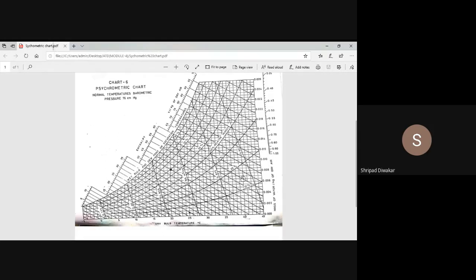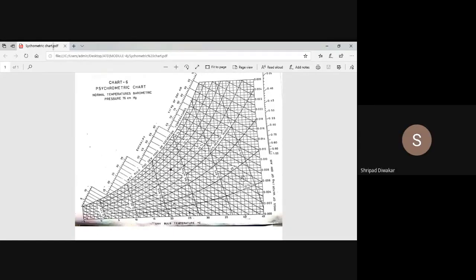For 10 degree WBT you come up, and then move in an inclined way, and then where it cuts your 20 degree, this is your intersection point. This is the intersection point of 10 degree WBT and 20 degree DBT. Suppose you have only one property, we cannot find out. You remember we have two properties. Any two properties we want. Then only you can look at the intersection point. Understood? Yes, sir.